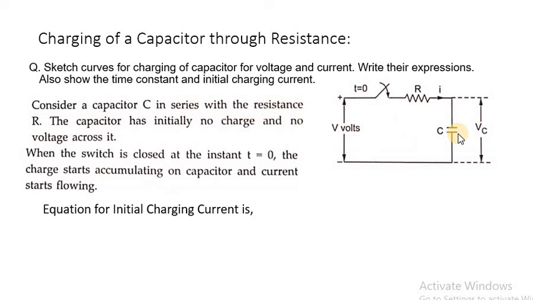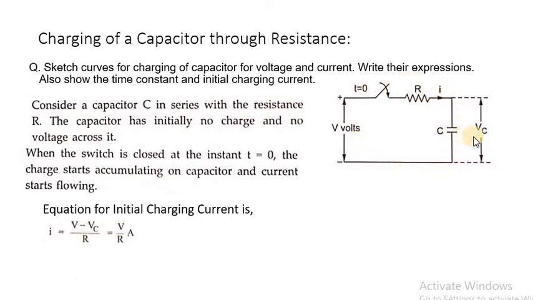So what will be my I equation? I will be equal to V minus VC divided by R. Everybody understood? Why I equal to V minus VC divided by R? So now, V minus Vc divided by R is the current flow through this capacitor, that is called the charging current.